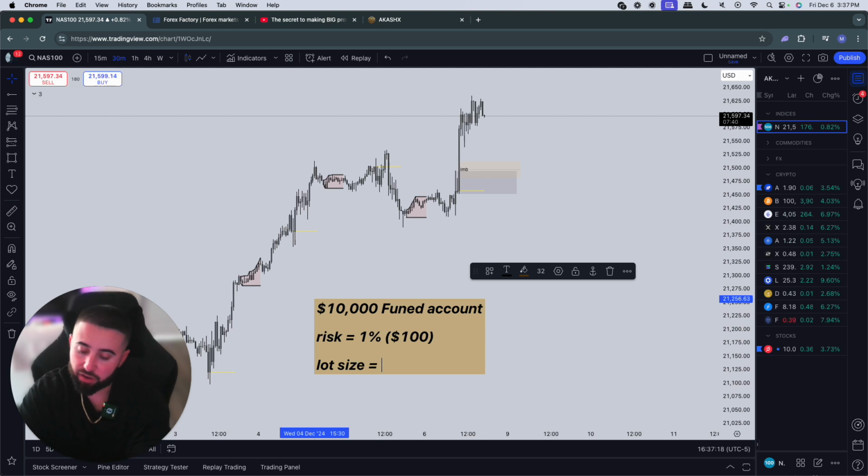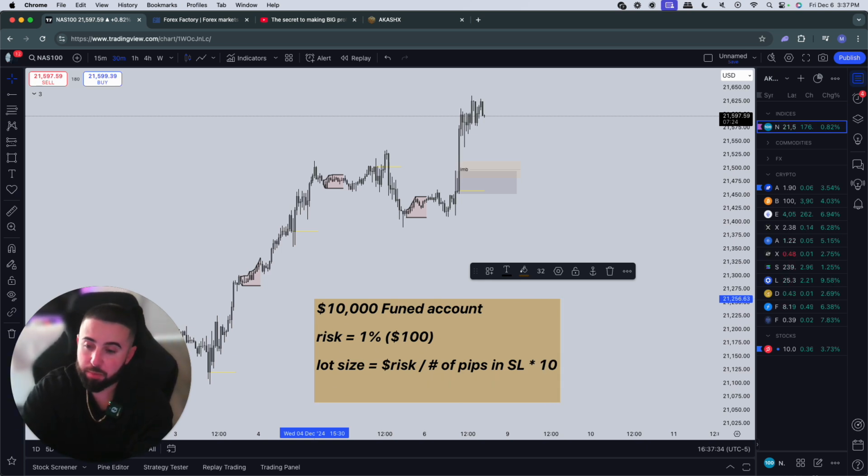But if you want to understand how to calculate your risk, basically you do money risked divided by number of pips in stop loss multiplied by 10. So for example, my setups are always 500 pip stop loss. In this example, we're going to risk $100, which is that 1% risk. So $100 divided by the 500 pip stop loss times 10. So if you do 500 times 10, right, that's 5,000. So you do 100 divided by 5,000. Now when you do 100 divided by 5,000, you're going to get your lot size, which should come out to